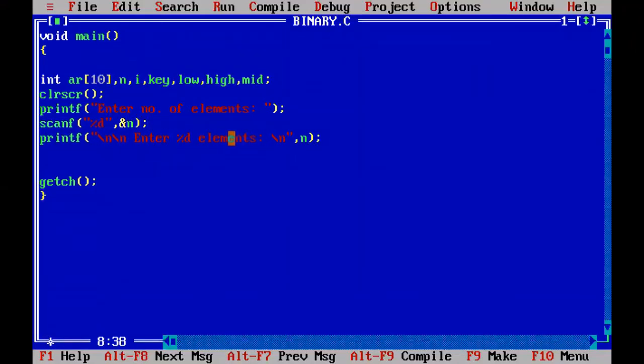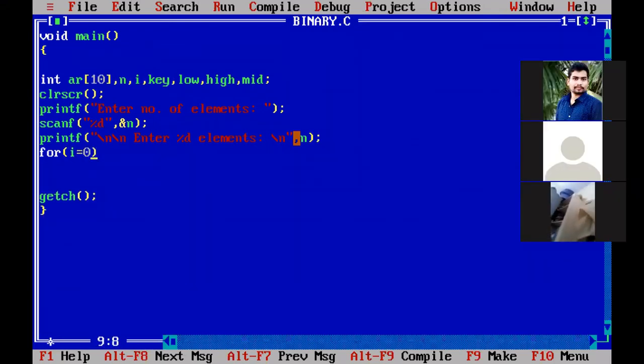Whenever user is entering 10 elements, you capture 10 elements with 10 repetitions of for loop. i equal to 0 and i must be less than the number of elements n and i plus plus.